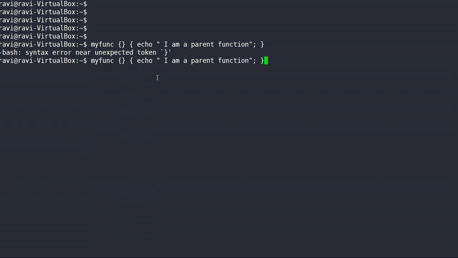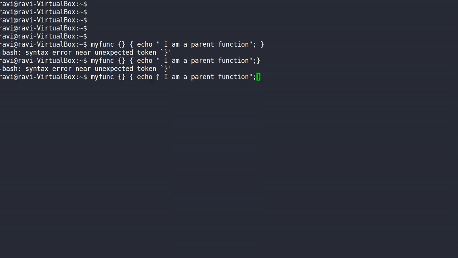Space should not come here. Okay, this was wrong, now this is okay. So I have a function defined at the parent.